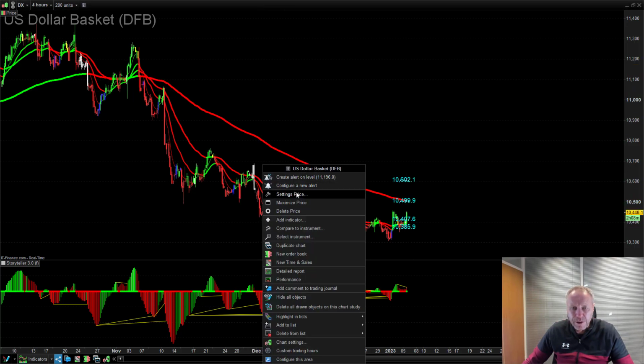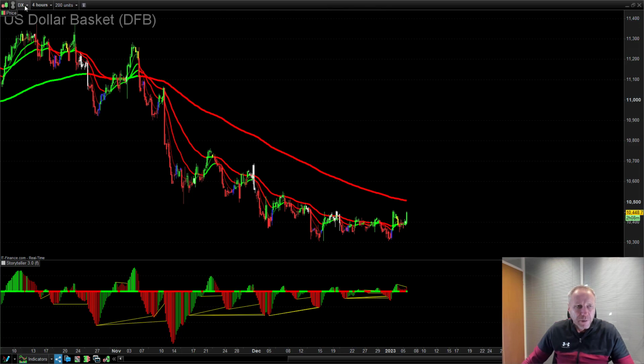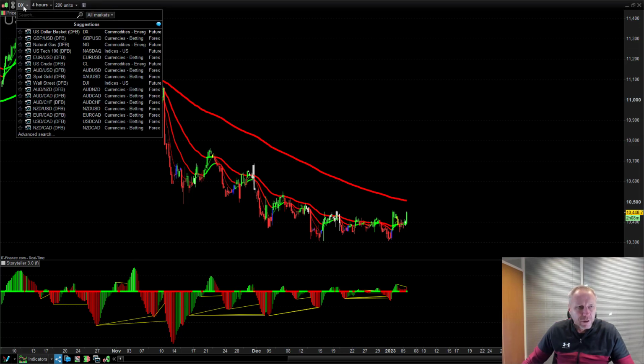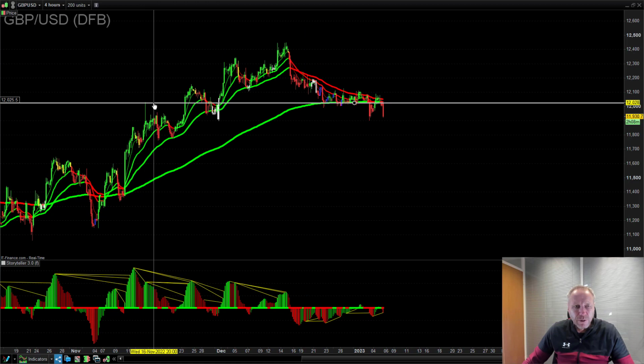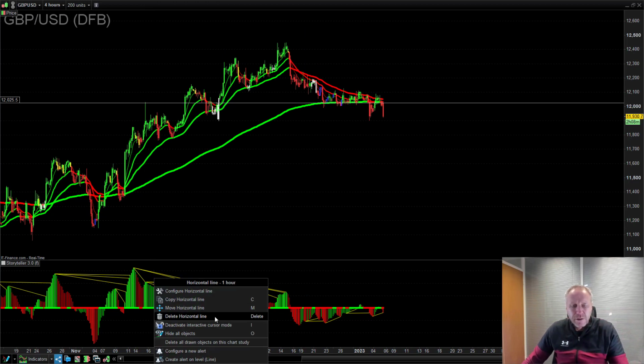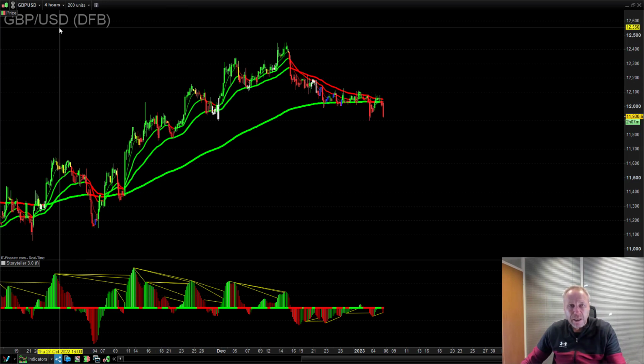In fact, what I'm going to do is turn off the targets here to make it a little bit cleaner for you to see. There you go, taking away the profit targets. Of course you would use the profit targets, but it wasn't the dollar I was going long. I was looking at euro dollar. In fact, it was the pound versus the US dollar. And you can see here, in my head I'm thinking dollar divergence long, pound US dollar or